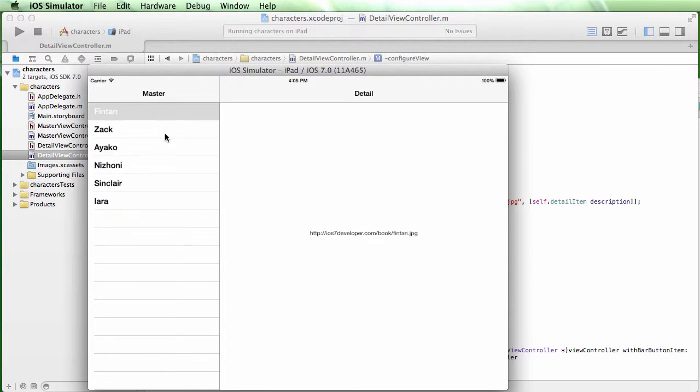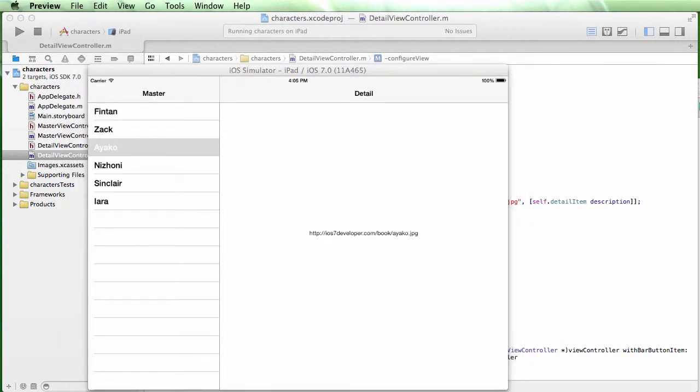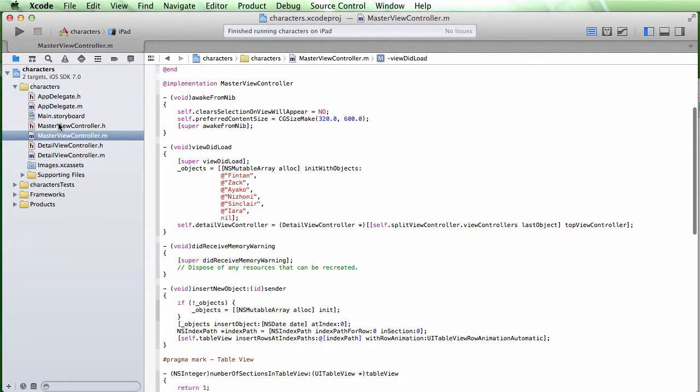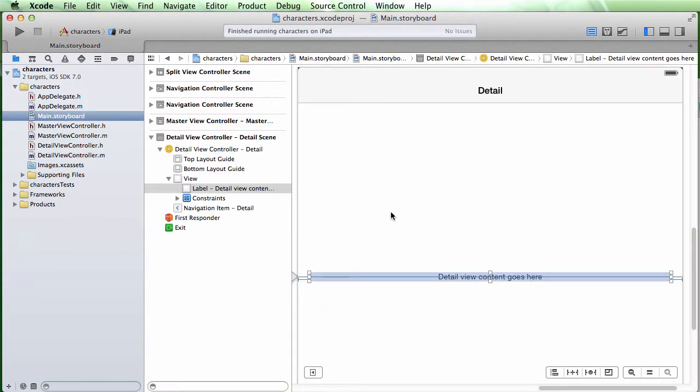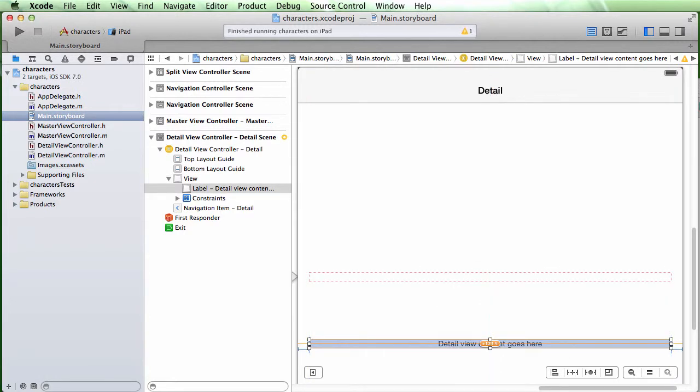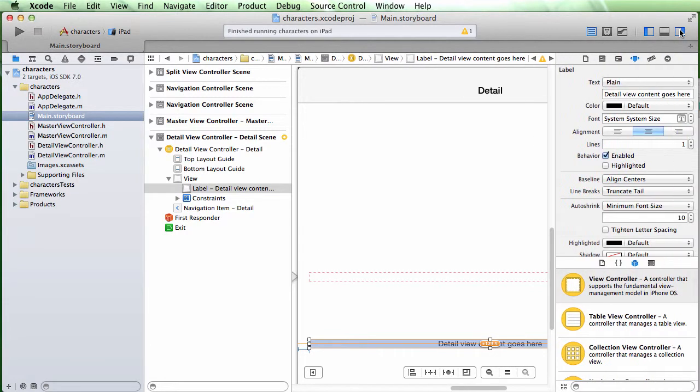So now can we use this URL to load a picture? Why not? So how would we do this? Okay, let's go to our detail view controller again, and we'll take a look at it on the storyboard. So here's our detail view controller, and we had our text as you saw there. So why don't we add an image control to this? I'm just going to drag that out of the way. And we can add an image control by using the UIImageView. So if I search here for image,